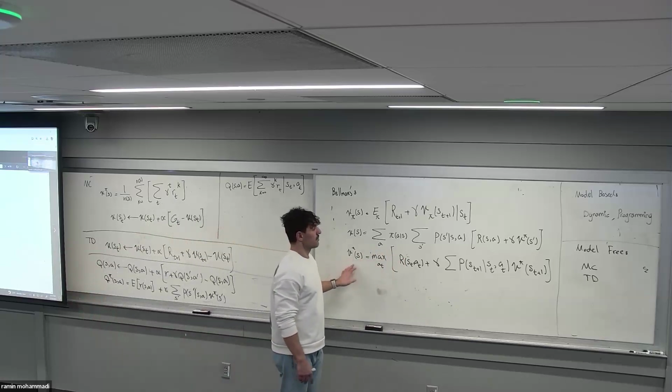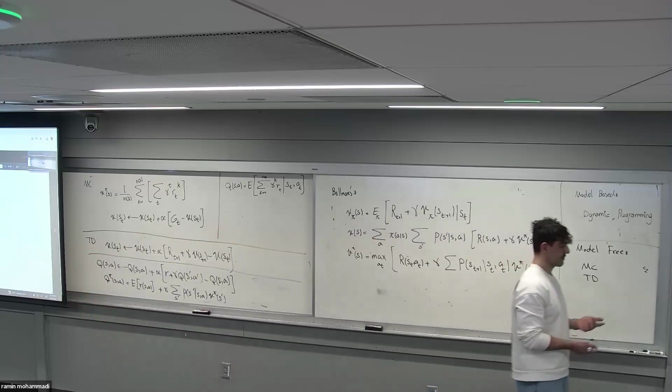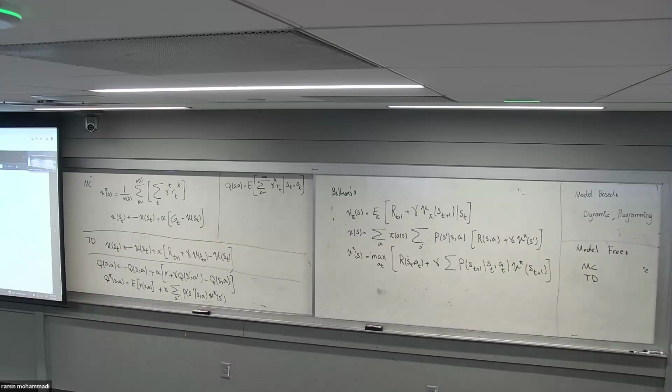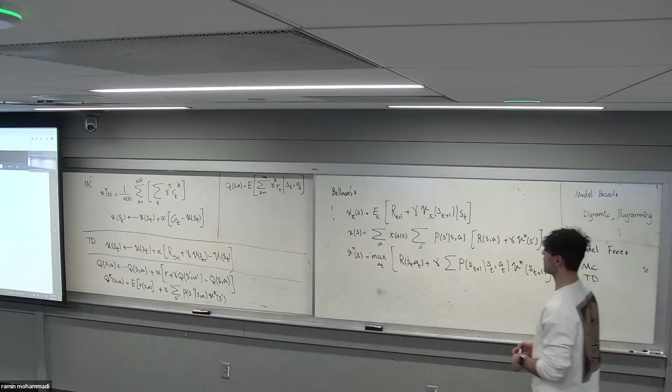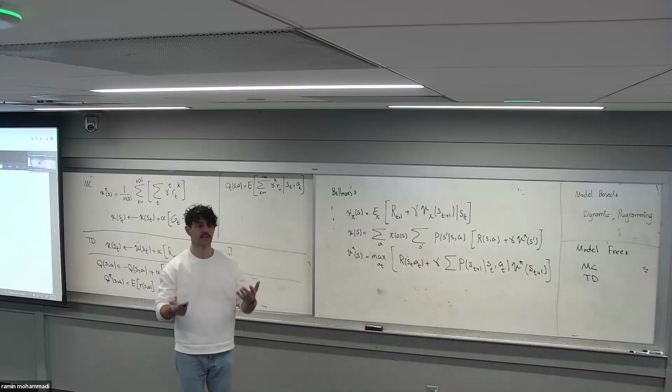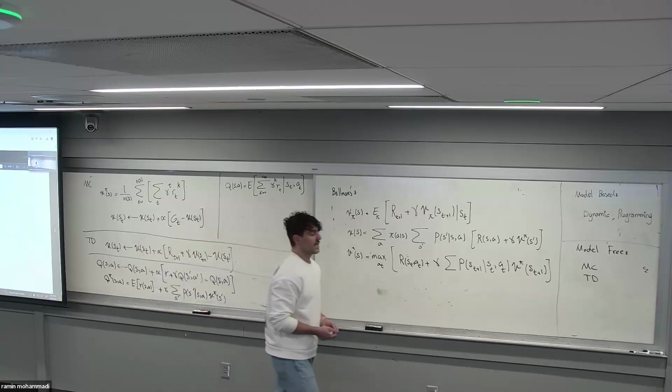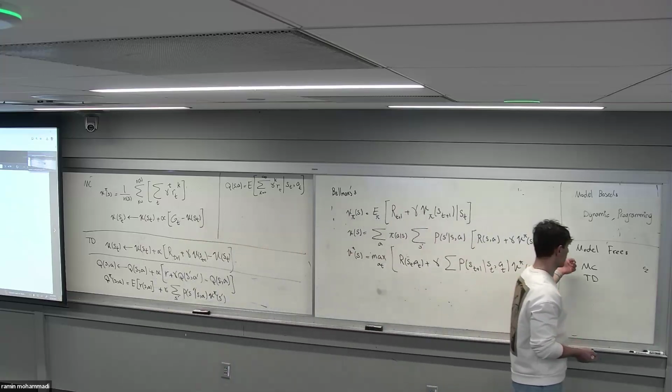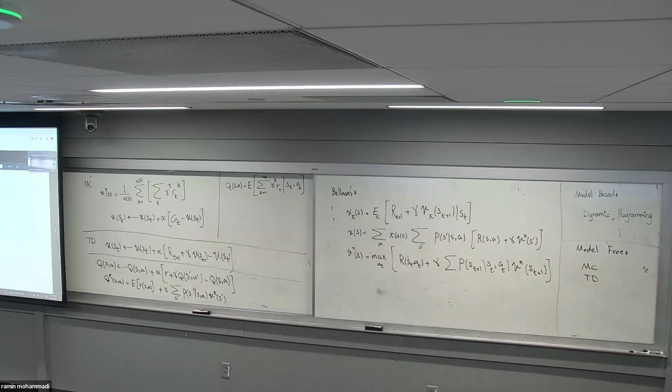Then we talked about how, when we go to reinforcement learning, one way of looking at it is model-based versus model-free types of algorithms. Model-based algorithms are the scenarios where you have a definition of the model of the environment, dynamic programming, for example. Model-free is the scenario where I don't know about the environment and I want to interact with the environment and learn from it. Two of those are MC, Monte Carlo, and TD learning, which we talked about. Now,